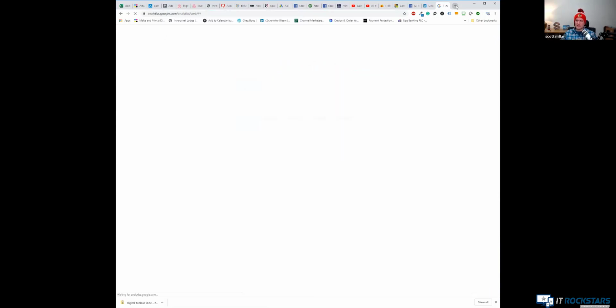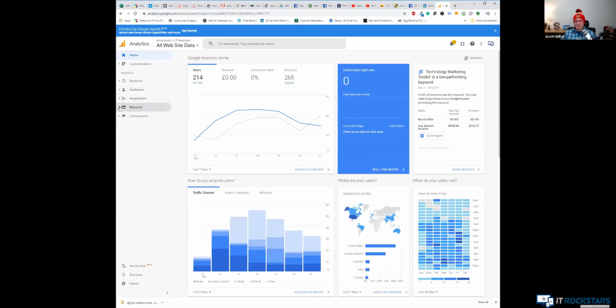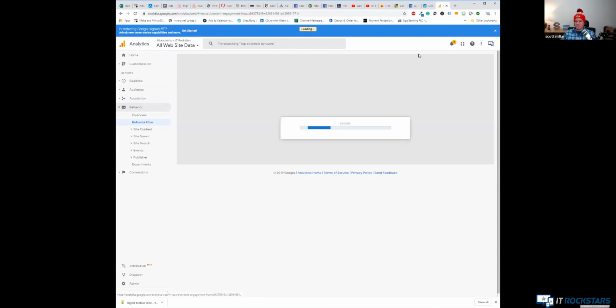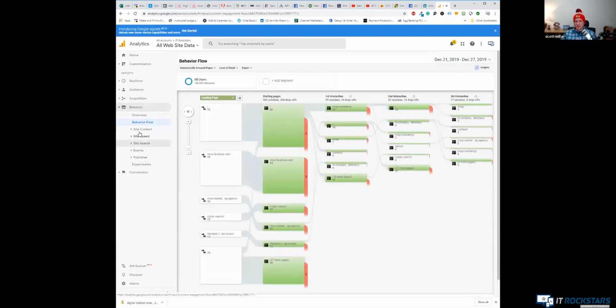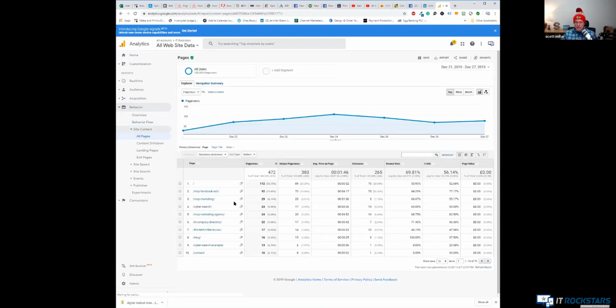If they go into Google Analytics, and if I show you what this actually looks like from the stats side of things, we're going to go to content actually. So my sales page is not the home page. It's actually this page here, MSP-marketing. That is my sales page. People read the content on the home page, and if they go to this page here, MSP Marketing, it means they're interested in what I am selling.